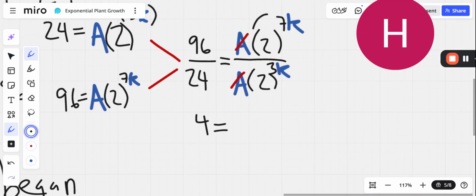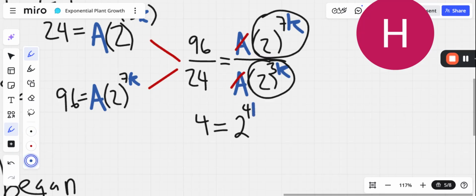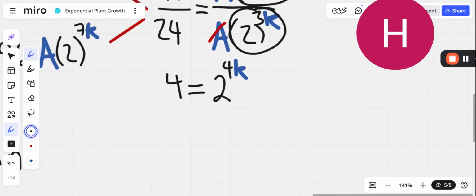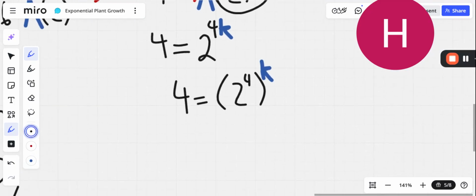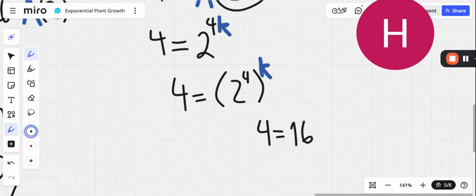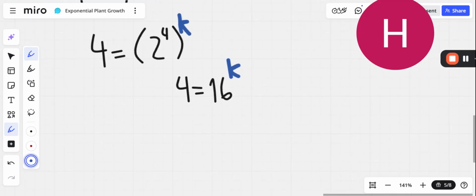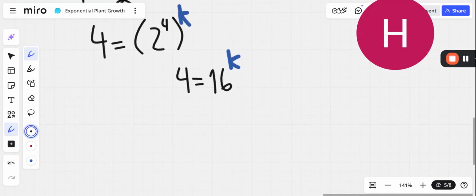Now, since we're dividing two exponentials with the same base, we just subtract their exponents, which means 7k minus 3k is the new exponent. That is 2 to the 4k. But we can take advantage of this property of exponents, which says if you're multiplying the exponents, it's the same thing as doing one before the other. So that means 4 equals 16 to the k. Very interesting. Well, what power is that for 16? If it's not clear, let's change the bases to make them match. This is 4 to the 2k,